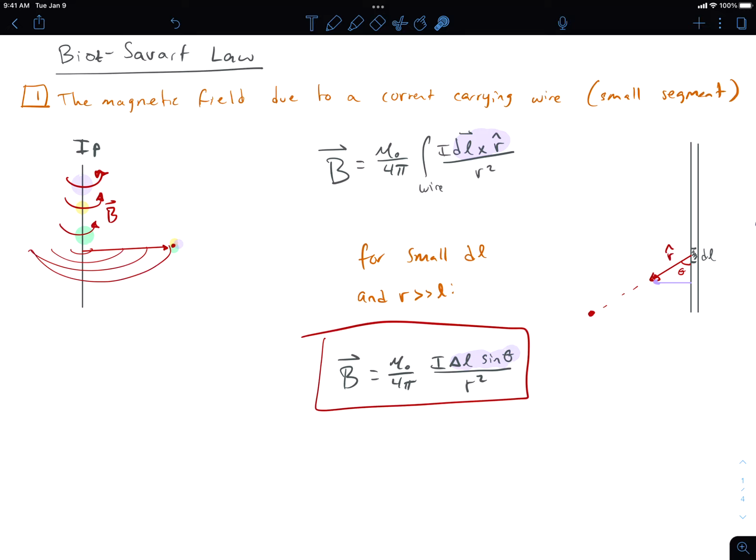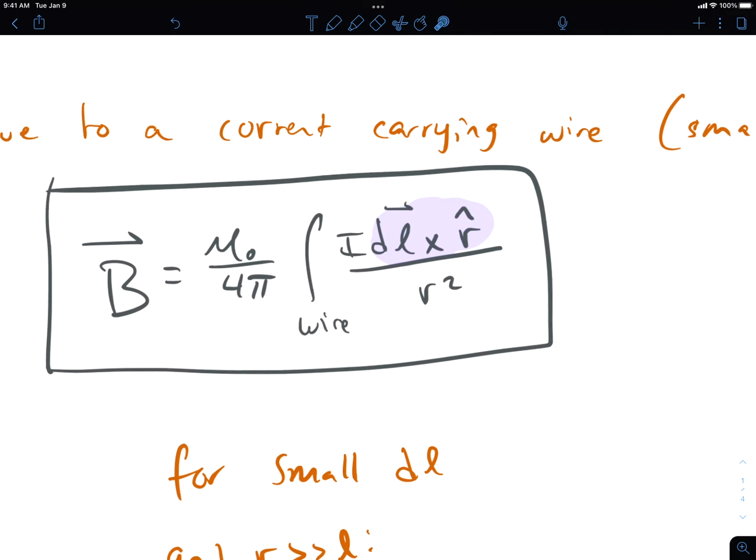So this is the base form of our formula right here. This is the Biot-Savart Law. What we're going to do today is adapt this into three different, simpler forms that are a little bit more situational, but they're easier to use, right? So again, we won't be working with the integral directly, but to point out what is involved here,